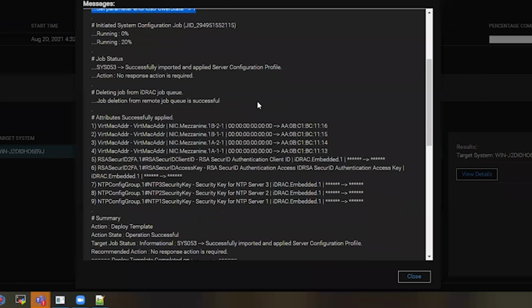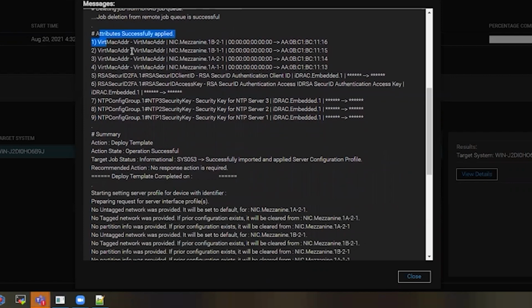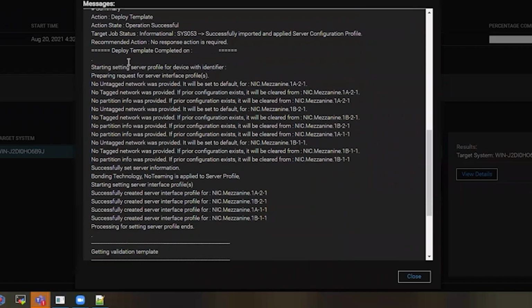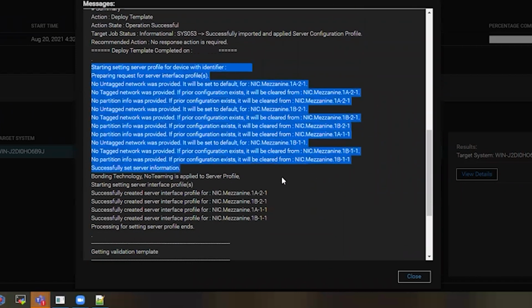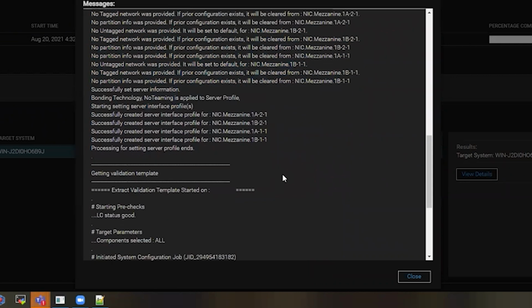It sends the power down request. It carries the job information to the lifecycle controller. It applies the different attributes. It also checks to make sure that the network information is associated to the server profile and template.